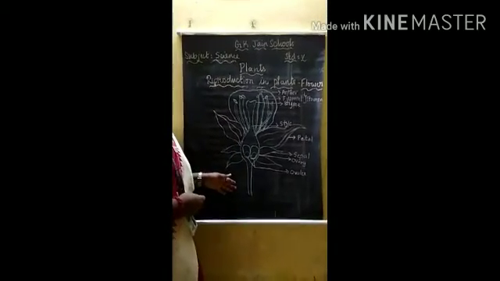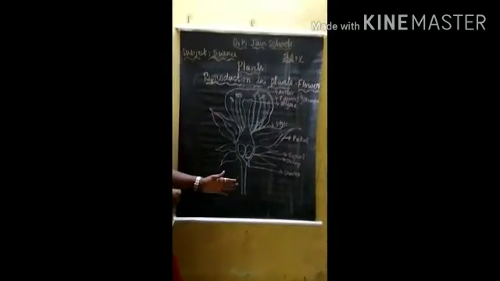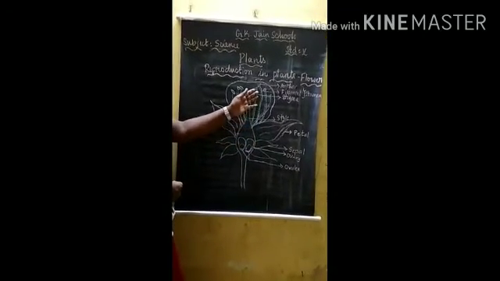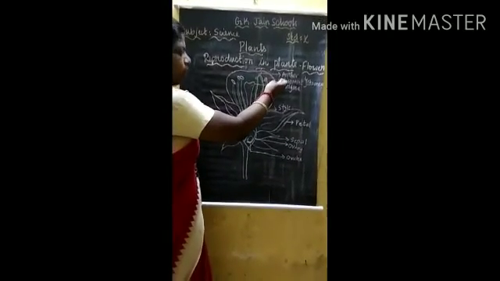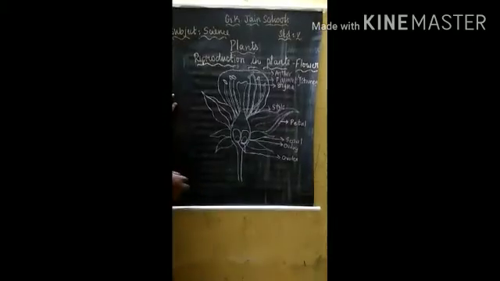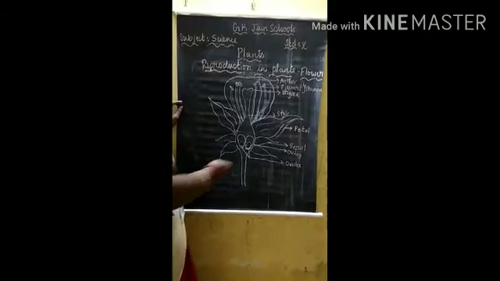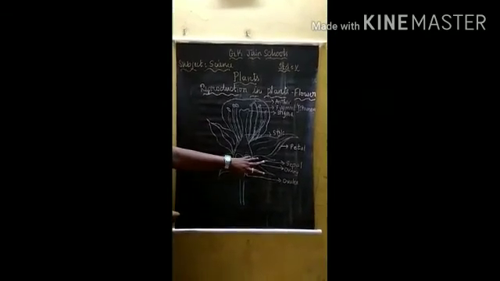So these are the parts of a flower. So we can see all the parts over here: ovules, ovary and style, stigma. These are the gynoecium, and anther and filament. These are the androecium. The petal, which is of most of the colors, attracts the pollinators like insects and all, and the outer layer is the sepal. Can you see here? This is green in color. They are small in size.